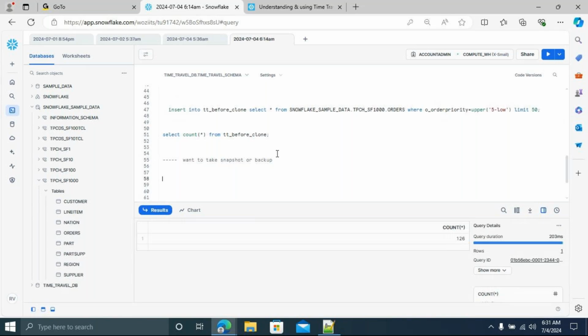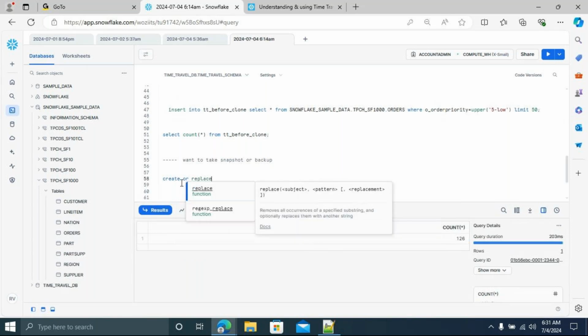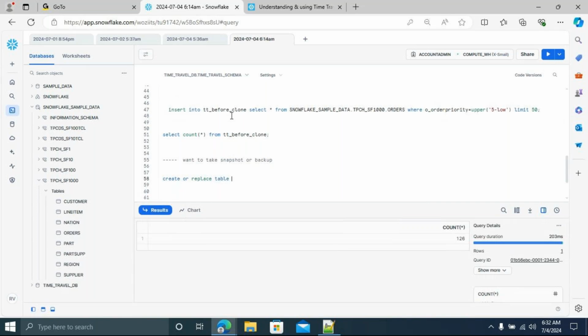I want to clone this table. That's it. I have a table called TT before clone. I want to clone this table. How to clone it? Create. How to clone it? Sujita, Priya and Sendamal. Create or replace. Sujita, Priya and Sendamal are not answering. Satish: Create or replace. Sir, table. Table name, sir. Table name. That's it. And then you have to give